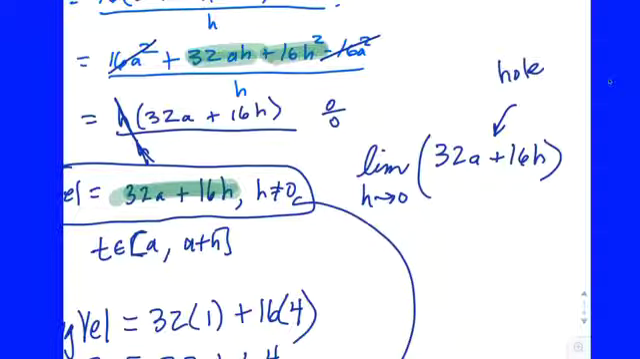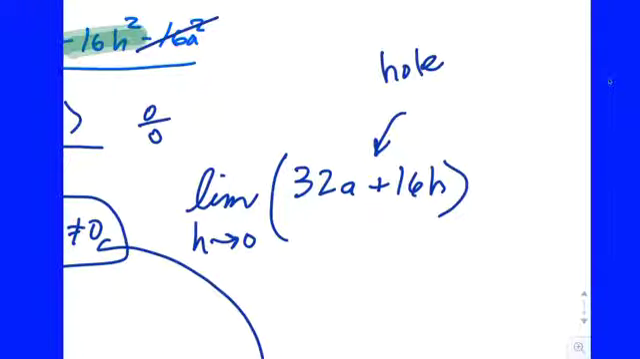A hole. Do we know how to find y values of holes? We do. We factor out the thing that's causing 0 over 0, and then once it's gone, we can use whatever's left to figure out what the y value was. So we've already divided out the 0 over 0. So what if I plug in a 0 for h? What do I get? I get 32